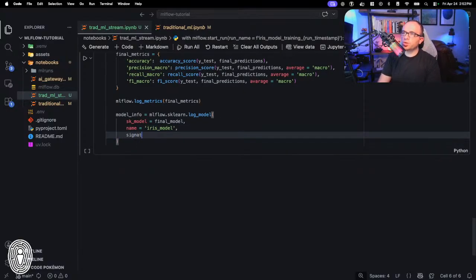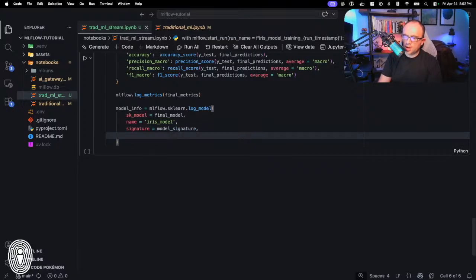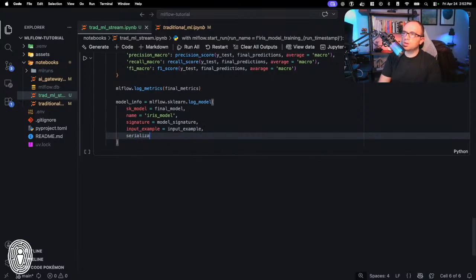We need to pass in that signature we were talking about. So we're going to say model signature equals model_signature. Input example equals input_example. Serialization format equals skops. I don't even know if I have to put that here since I already designated it above, but just to be safe, let's do that.